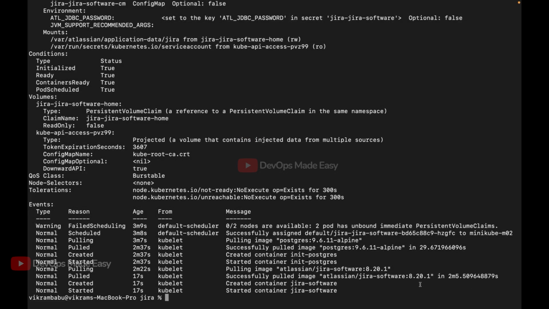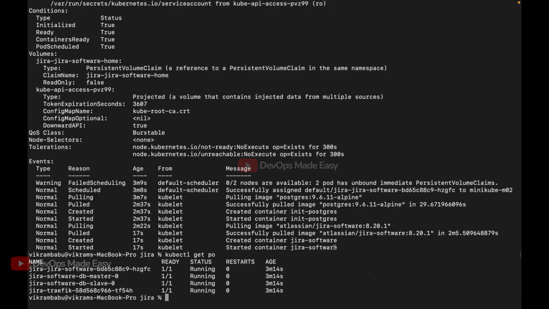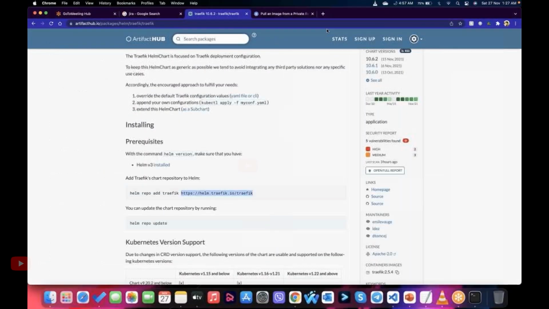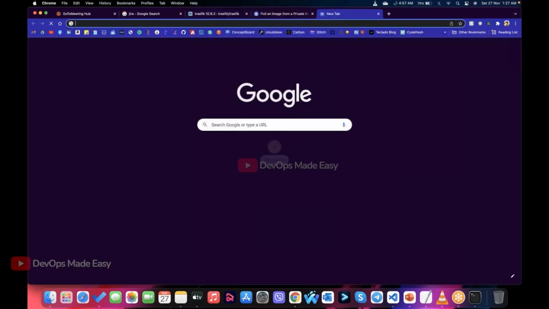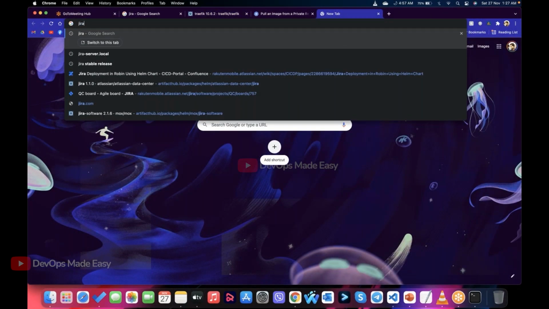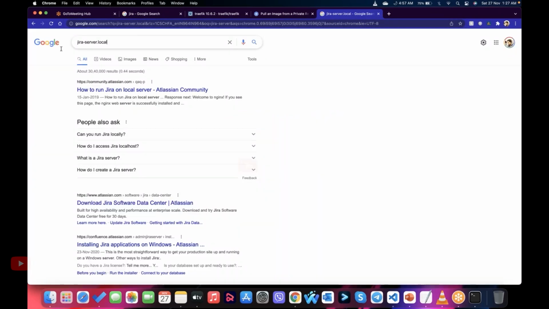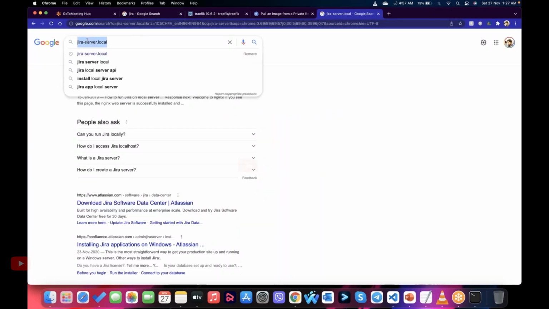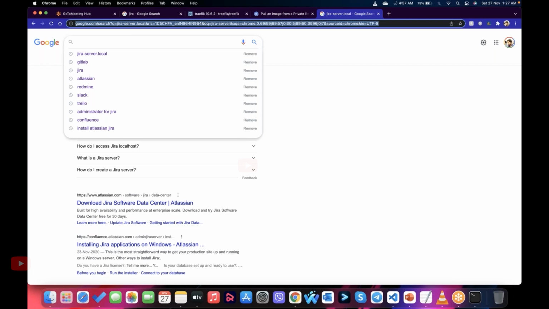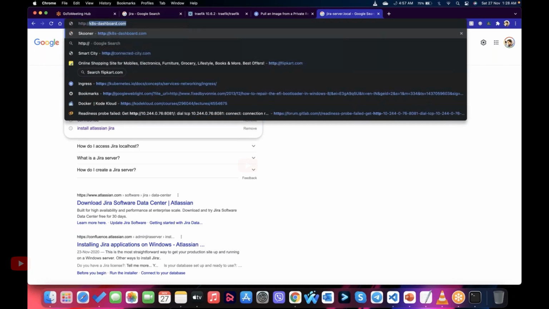Yeah, so everything is started. If you just do kubectl get pod, everything is up and running. Now I can go to the browser. Since we already have dummy DNS, I can just use Jira server.local. I have to use HTTP as well, and then the path prefix, which is slash.